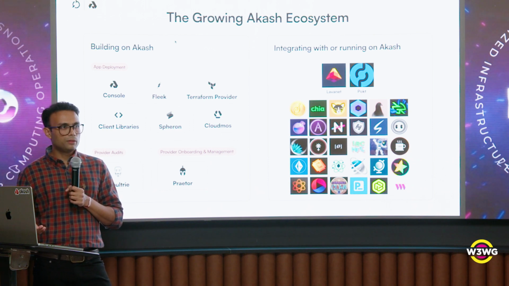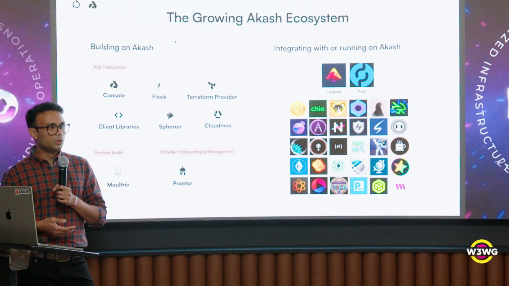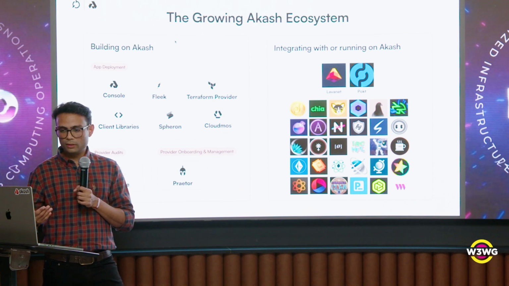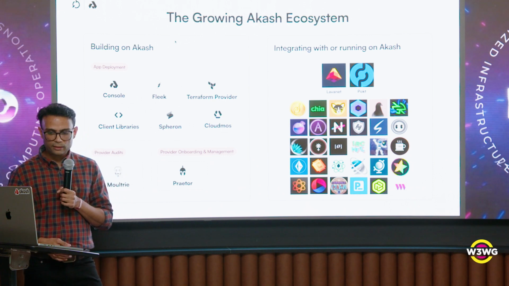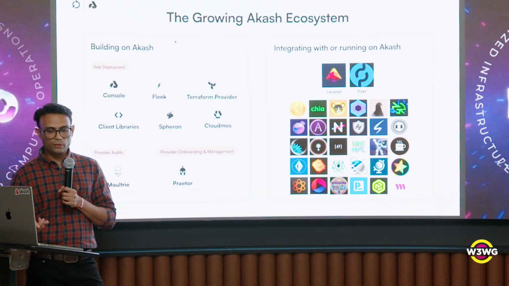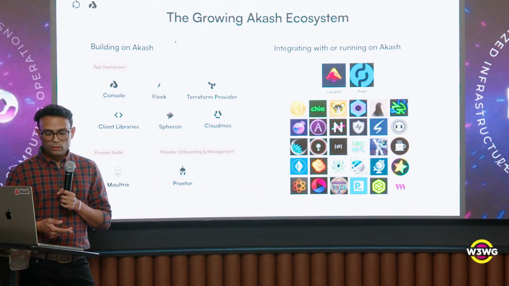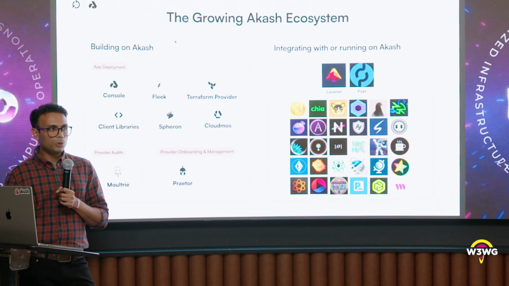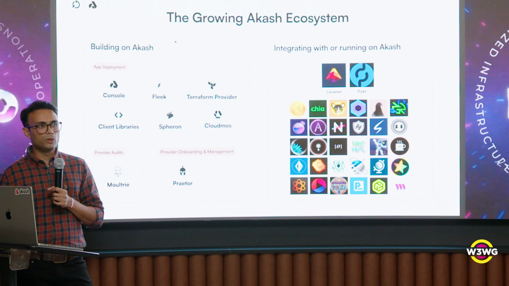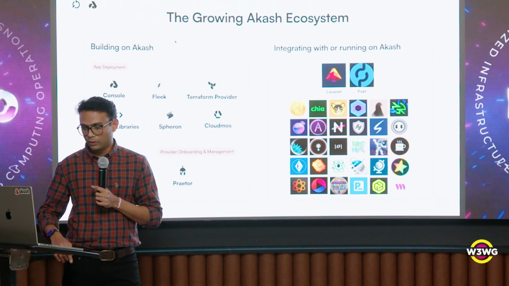There is a Terraform provider for Akash. If you're a developer, a DevOps engineer, or an operations engineer, you know how prevalent Terraform is today in the world of operations, so it's really important that we have a Terraform provider. And a team has gone and built that. We have client libraries being built for Java, for Python, for various other programming languages. And then we have teams working on deployment clients that work in the web UI. In fact, I think Prashant from the Spheron team should be somewhere around here, and I think he has a talk later today where he'll talk about what they're working on.